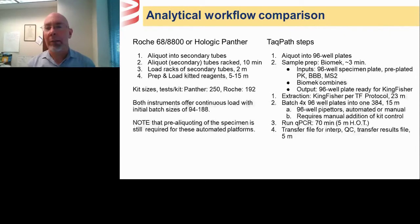If you were to tally up the times here, well, I should continue on. So you run the qPCR 70 minutes, but only 5 minutes of that is hands-on time. And then there's maybe another 5 minutes after the run to QC the results, check the curves, transfer the analysis file, use the COVID interpretive software provided by Thermo Fisher to generate the clinical interpretations and upload those and release those into the LAS. So it's a straightforward linear workflow, not a tremendous amount of hands-on time, more so than